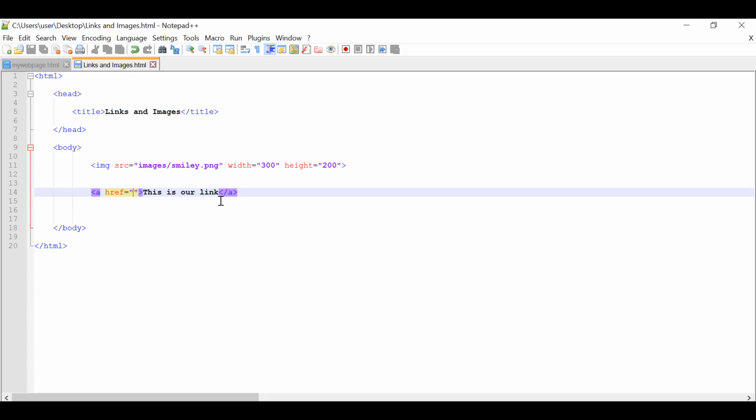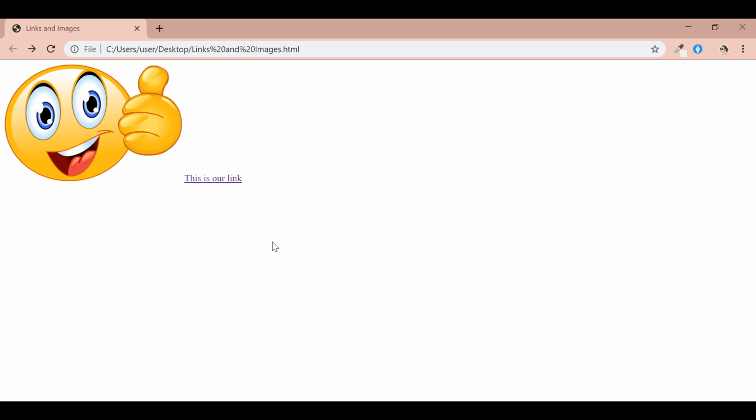I'm gonna link our page to Google. So I'm gonna give it a Google link. You need to give a proper link, like with HTTPS, otherwise it won't work. So let's save it and refresh the link,